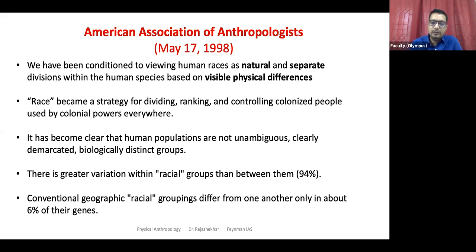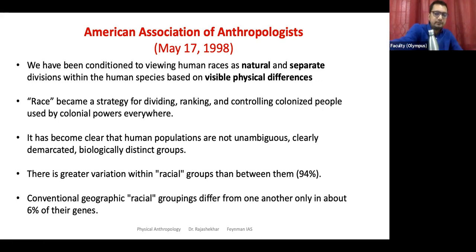When they quantified these differences, there seems to be 94% variation within a group and only 6% variation between the groups. If you consider the whole variation, only a small percentage of variation you can see between two races, and more differences within that group. So whatever we are considering so far, the racial groupings are only supported by 6% of the variation in our genes. So a very small percentage of our DNA supports this concept. So genes are the same, but there is enough variation, polymorphism, basically.